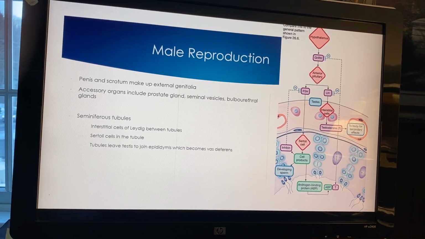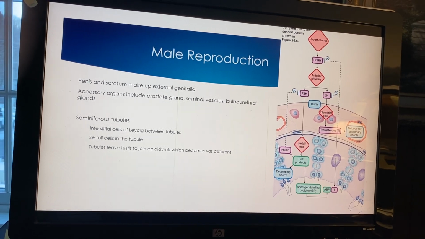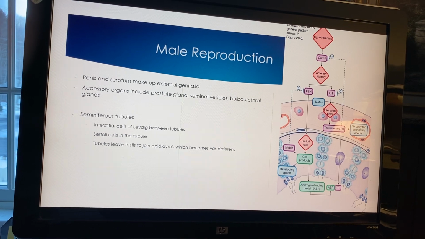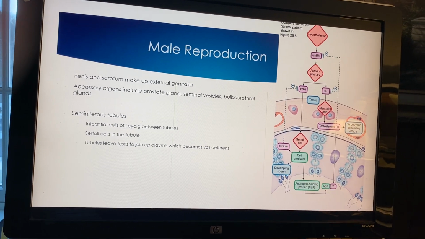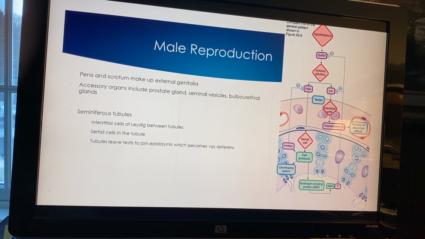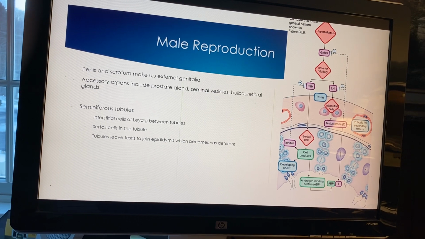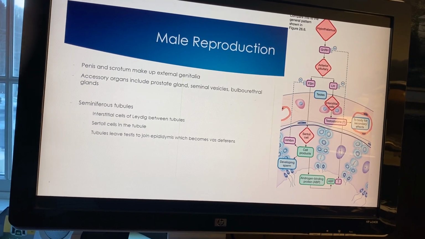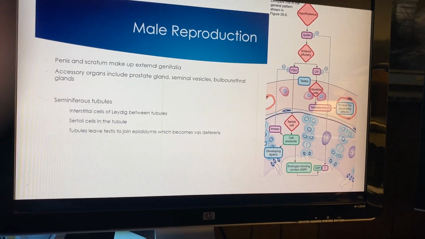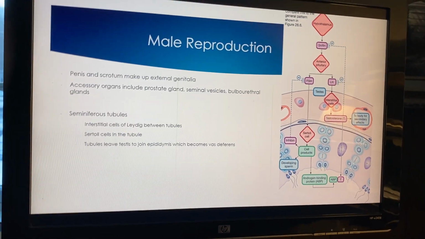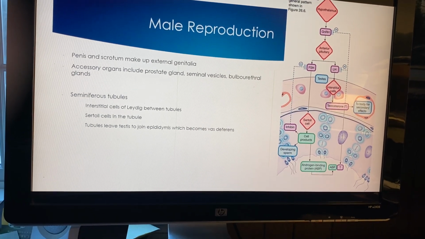They also produce an androgen-binding protein. It binds to testosterone and can keep testosterone in the tubule. This is important because testosterone also is necessary for the development of sperm. Testosterone is made by interstitial cells higher up there in that tannish area, in that layer above, in between the tubules. And testosterone can either go to the tubule for sperm development, or it can go to other parts of the